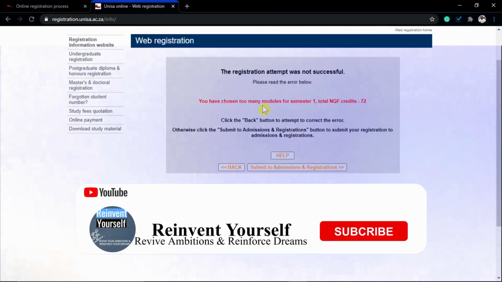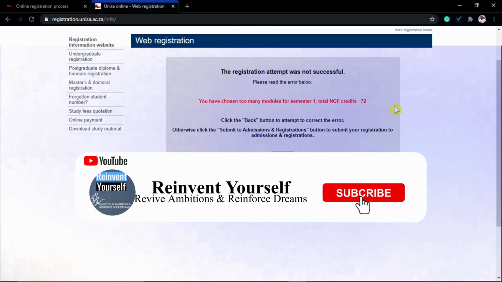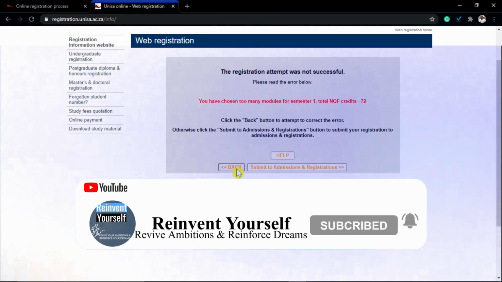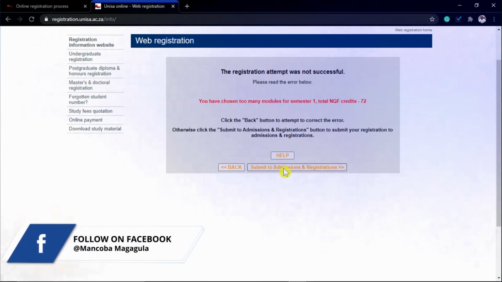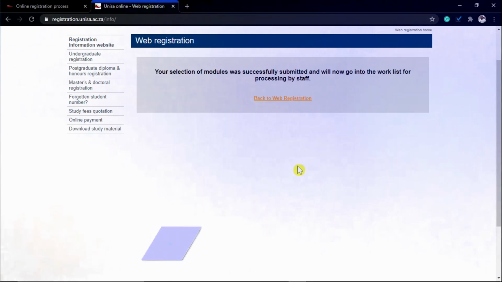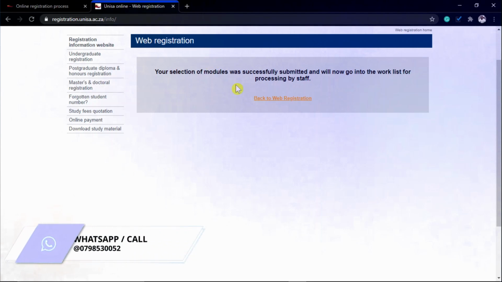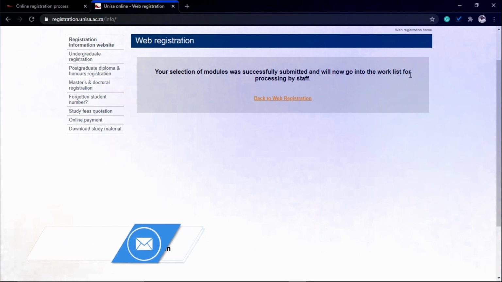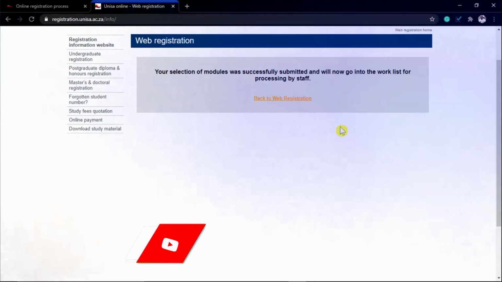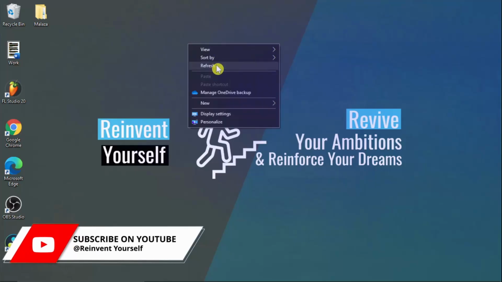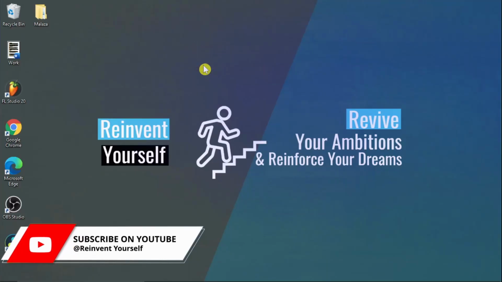You have chosen too many modules for semester 1, so it's up to you whether you want to go back and fix that information or just click submit. So you have successfully registered. Your selection of modules was successfully submitted and will now go into the work list for processing. You have to go and pay the registration fee